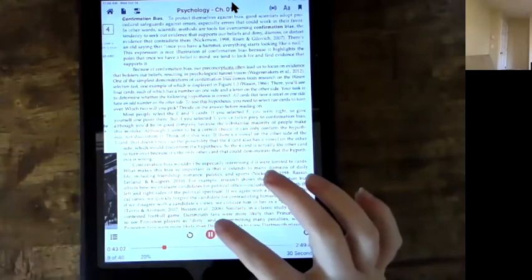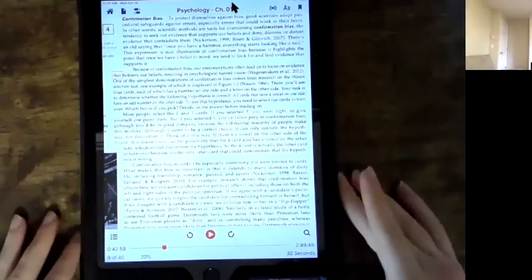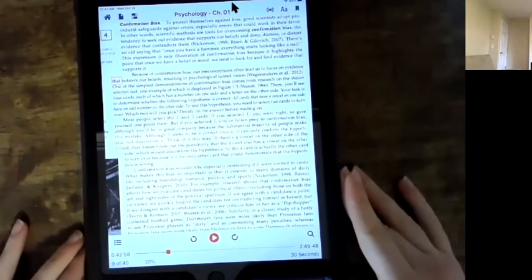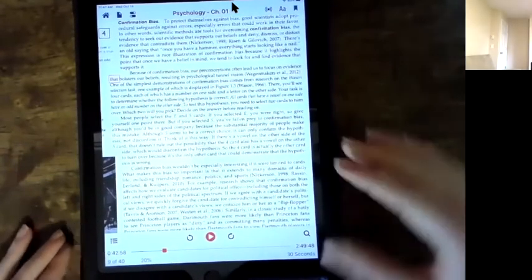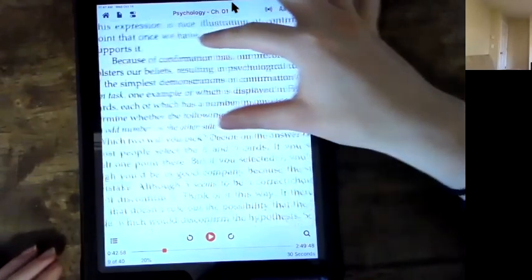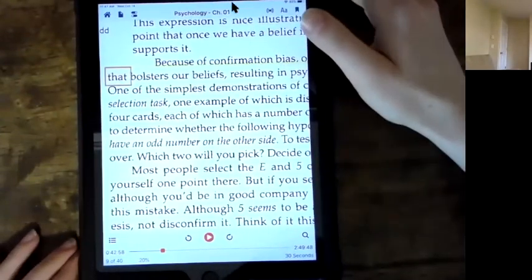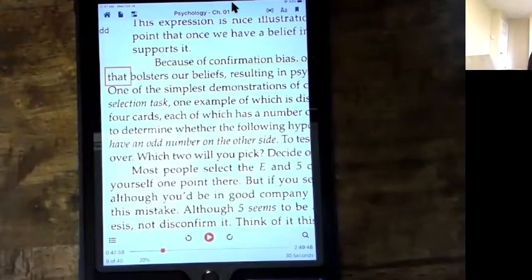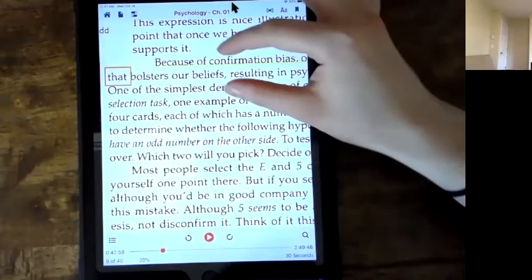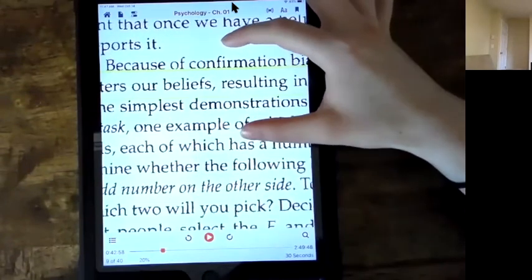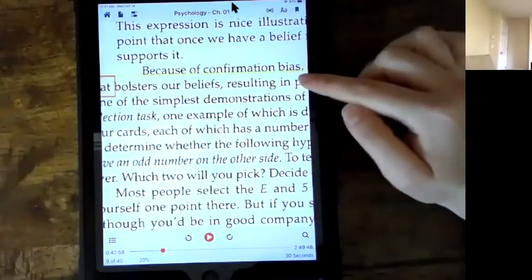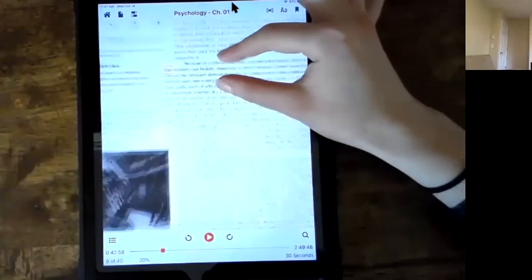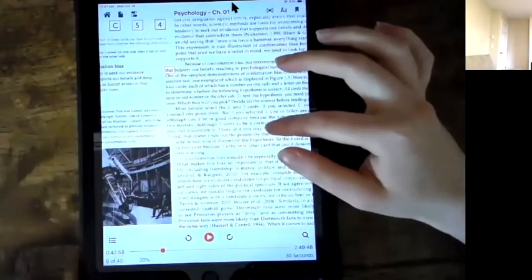psychological tunnel vision. All right, so I went ahead and paused it by selecting the pause button there at the bottom. This is hard to see on the camera, but as it is reading, it has this box that appears around the word as it reads each word. And then this is hard to see on the camera, but there is this yellow highlighting, and that yellow highlighting appears across the whole line of text.